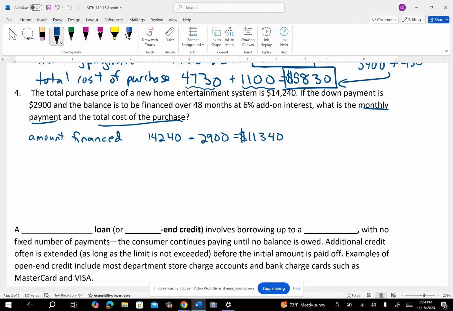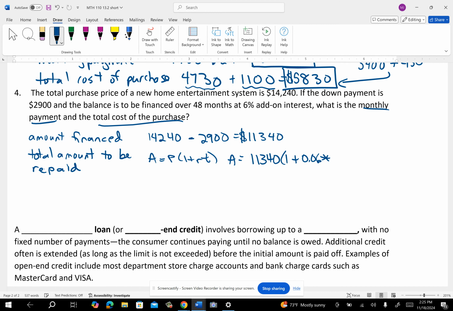All right, so then what I could do is either calculate just the interest and add it back to get the total amount repaid, or go ahead and get the total amount to be repaid altogether by using A equals P times 1 plus RT. So I could do that. So A would equal the 11,340, 1 plus